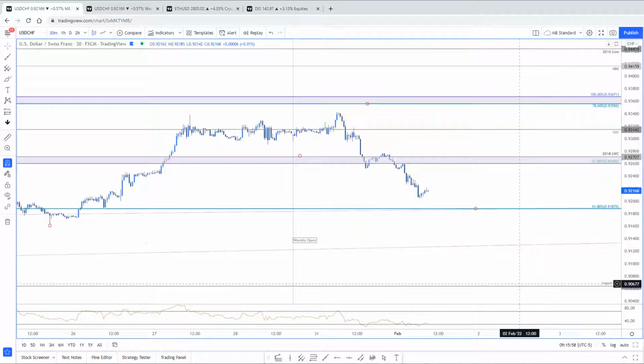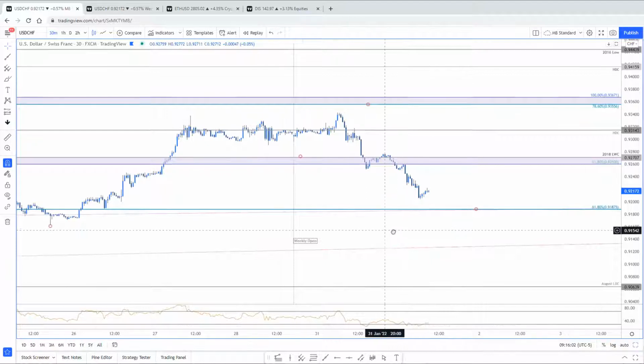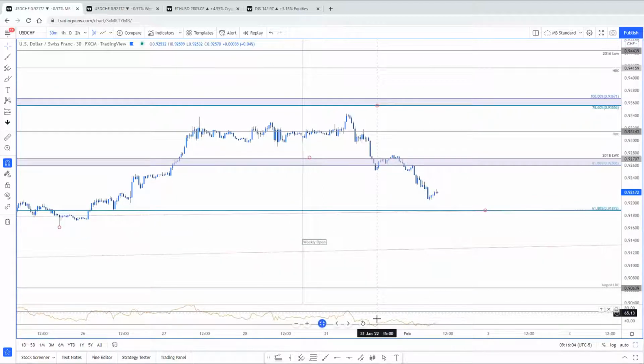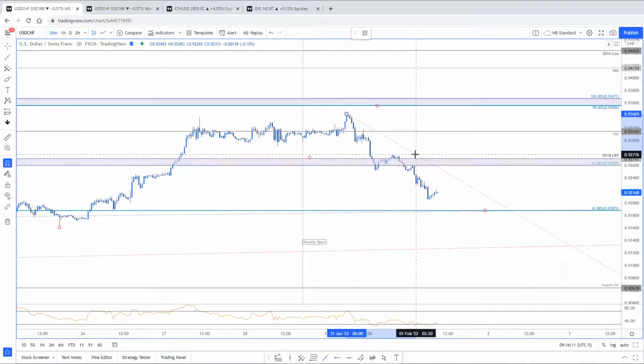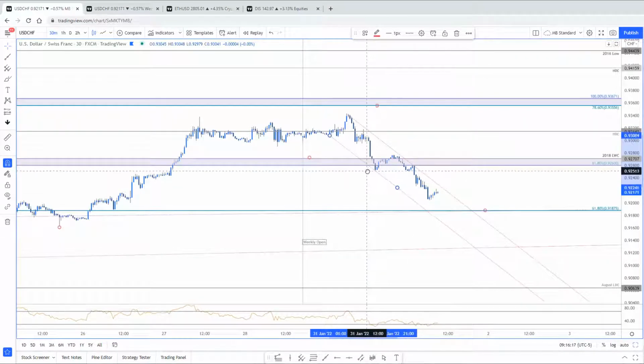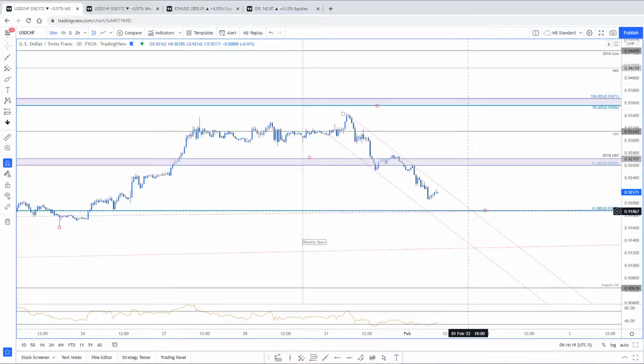Here's a 30-minute. No divergence yet. Man, this is really tight. I'm just showing you what I would be looking at if I was getting involved in this kind of position. So again, key support, breakdown, maybe like 91.20s. Resistance 92.70 still.